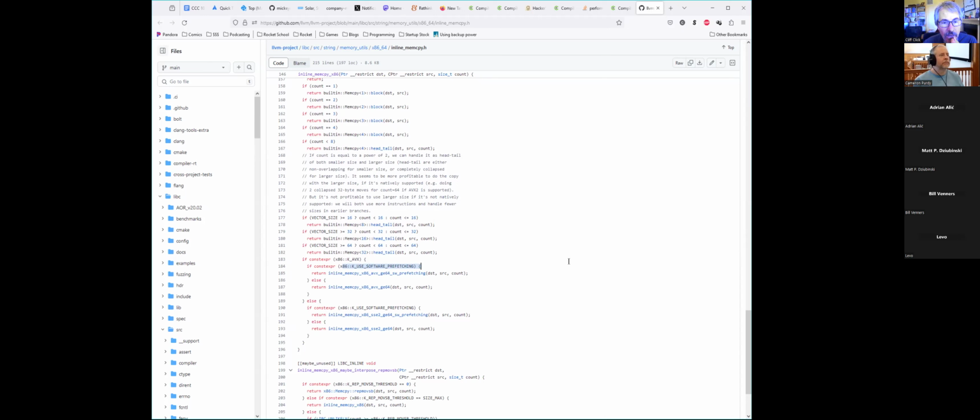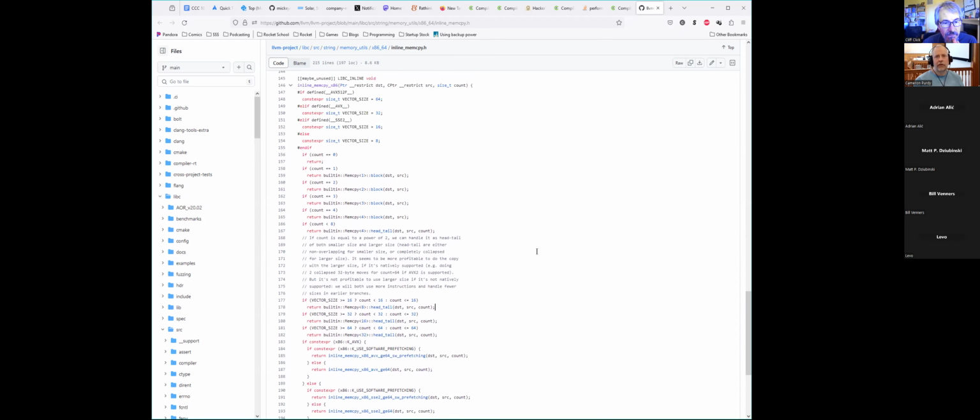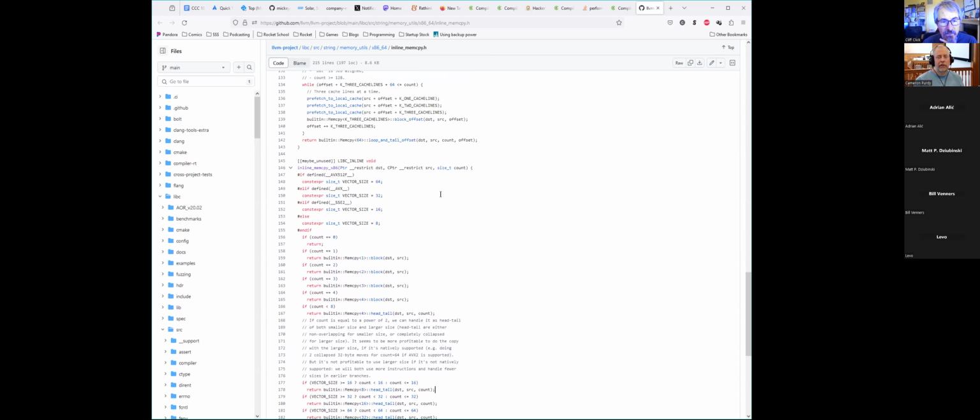Right. The thing I don't like about this code is there's a lot of if statements at the top, like count 1, count 2. It just went down from 8 to 1 and then ended. No, but those if statements are free. Yeah, they're compile time if statements. Okay, because when I wrote my memcpy, it was because Clang or GCC didn't know what the size was and couldn't do it.